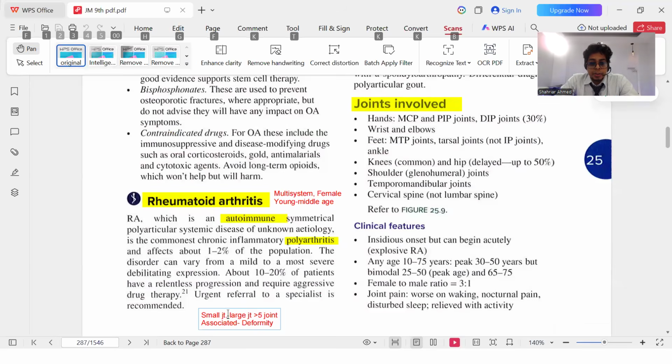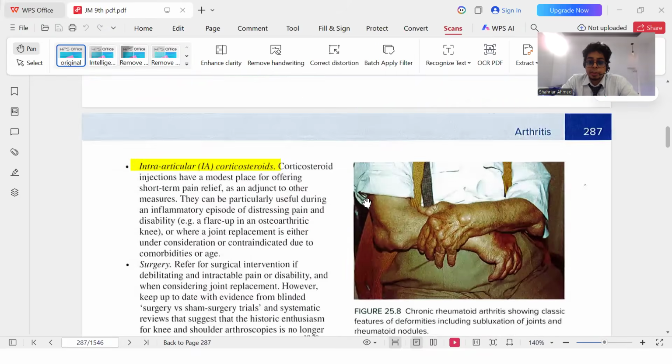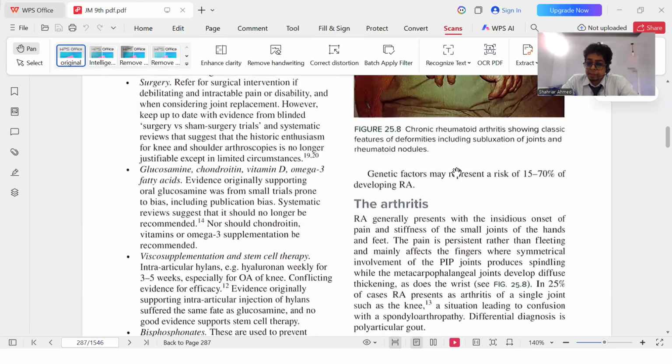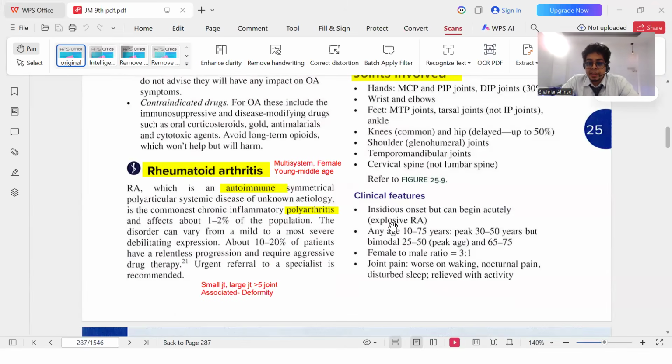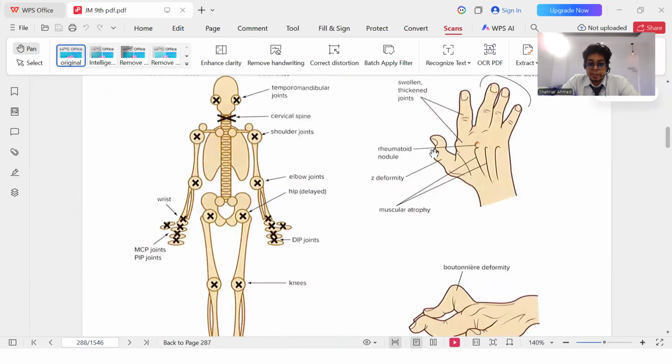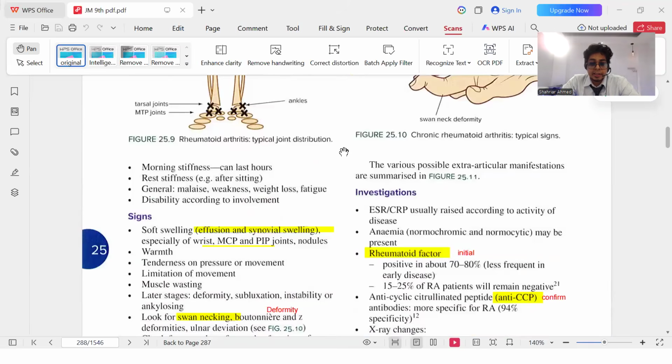Coming to John Murtagh. As with rheumatoid arthritis, compare and contrast is very important, guys. As in rheumatoid arthritis, bigger joints are also involved. This is a polyarthritis, and we also found deformity from the basic slide. Which of the following conditions has deformity? Rheumatoid arthritis is one of them. And the age group is important, like young to middle age group. Deformity, yes.